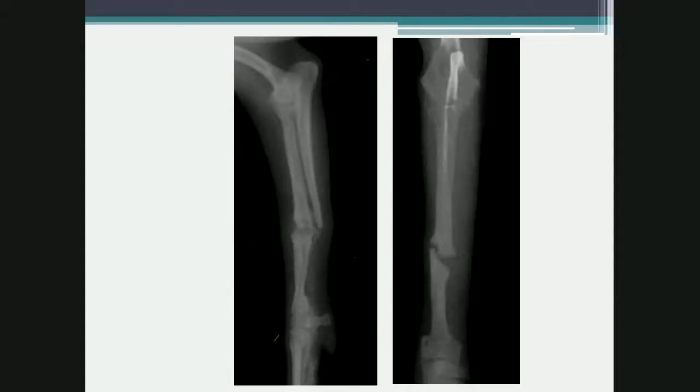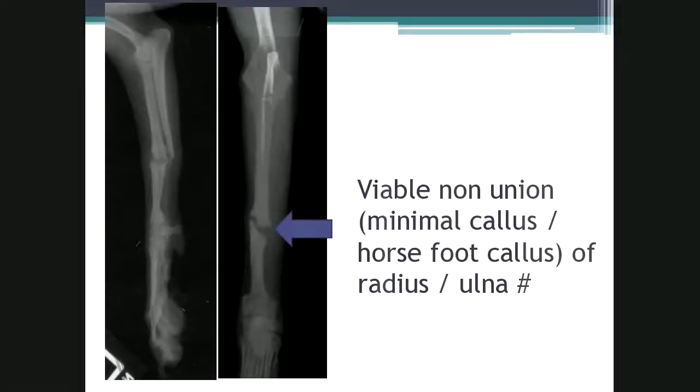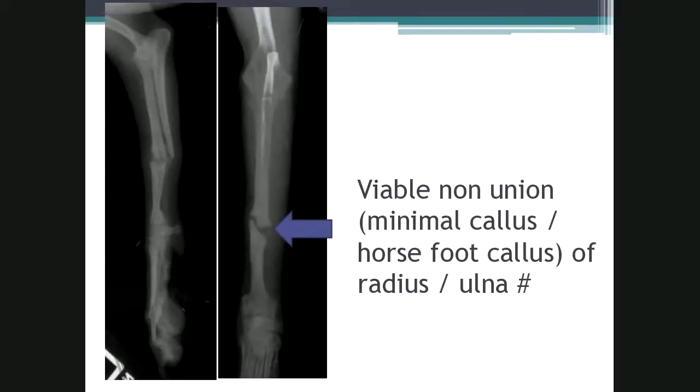So this is the next case. The history in this case is that the fracture occurred about 3 months ago, and the patient was treated with a Robert Jones bandage. So in this case, it's a viable non-union with minimal callus or horse's foot callus formation of the distal radius and ulnar fracture. You can see that there is some callus that's present, bulging outwards, but it doesn't cross the